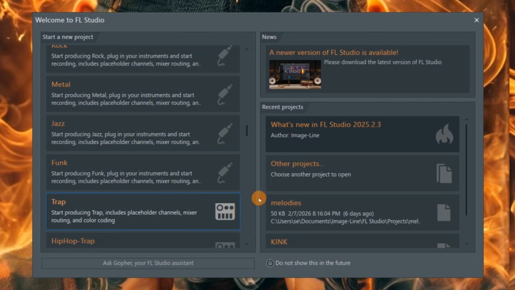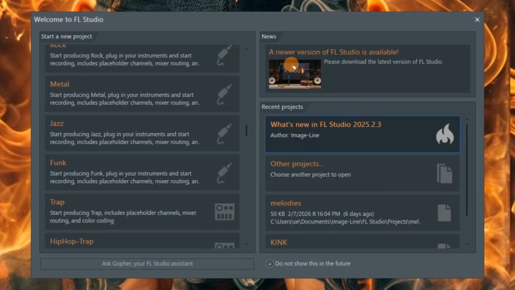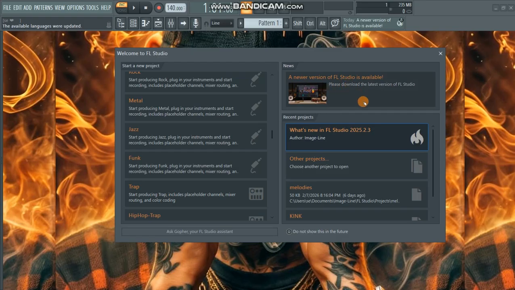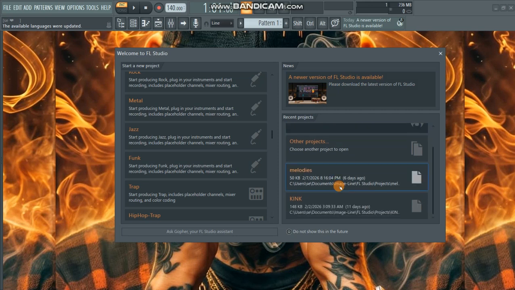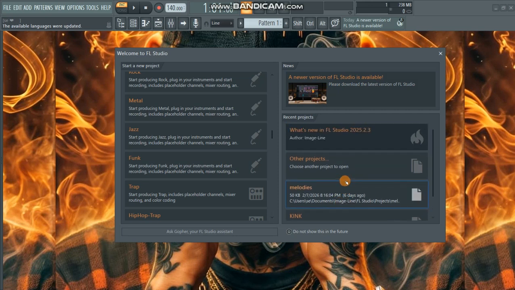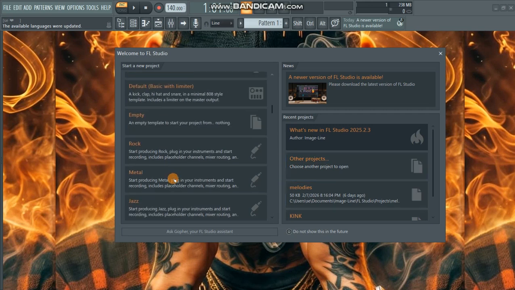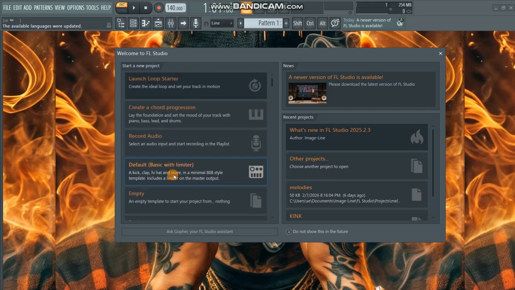All right, and if you watch here too, you can see a new version of FL Studio is available. That's what I'm having now. It's super simple. I'm not gonna go deep into this. What we're gonna pay attention to is to start a new project. All right, so if you want to record, you can actually select this and it's gonna give you a template